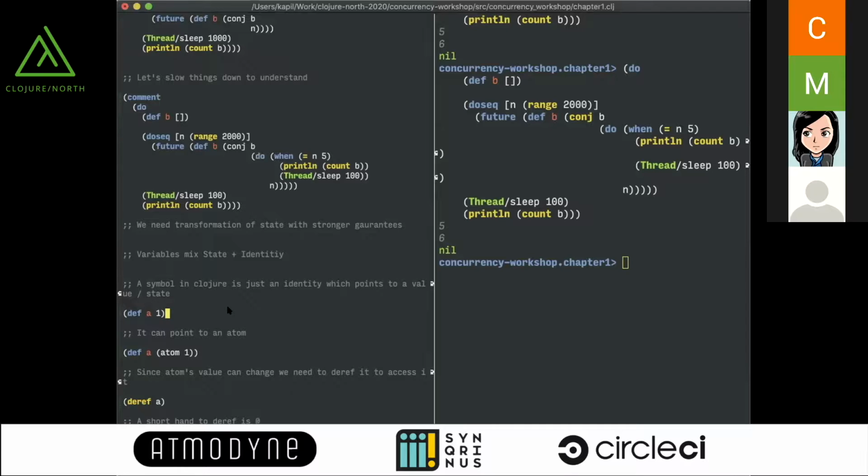So let's introduce atoms, right? The way to define an atom is just like how you define a var, you are just wrapping it inside an atom expression. Interesting thing to remember here is